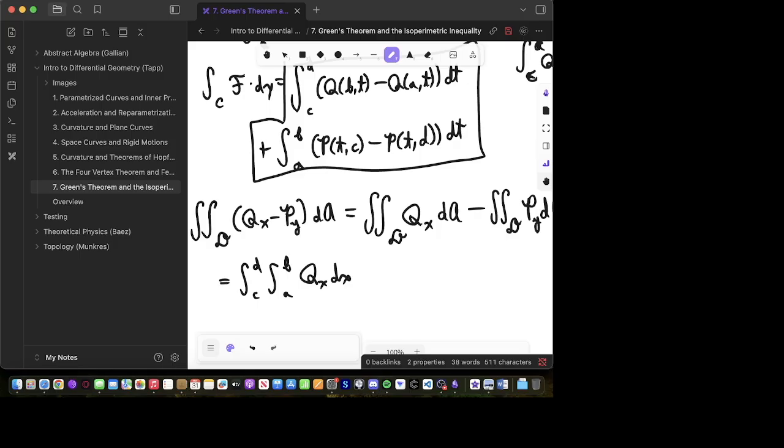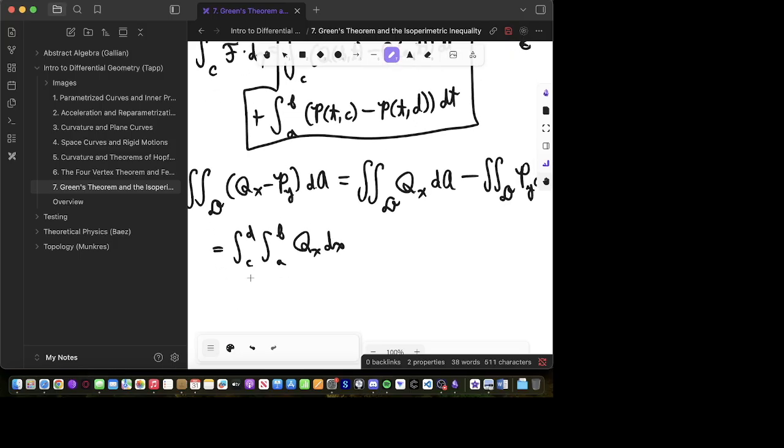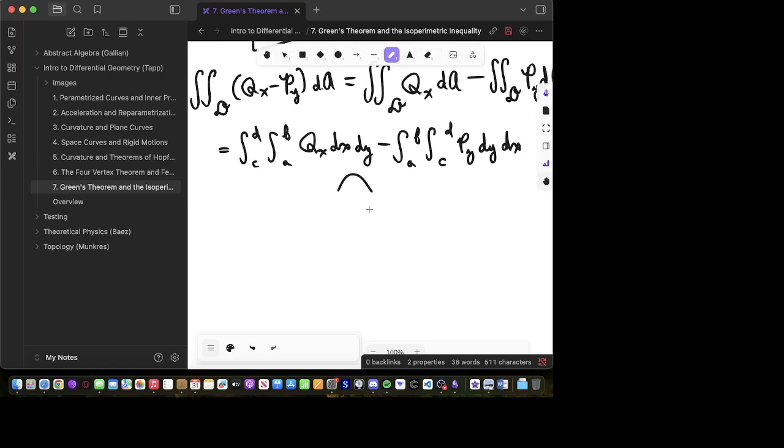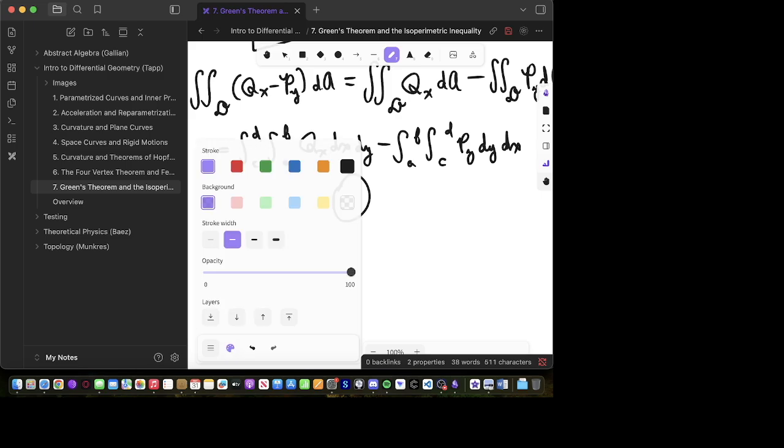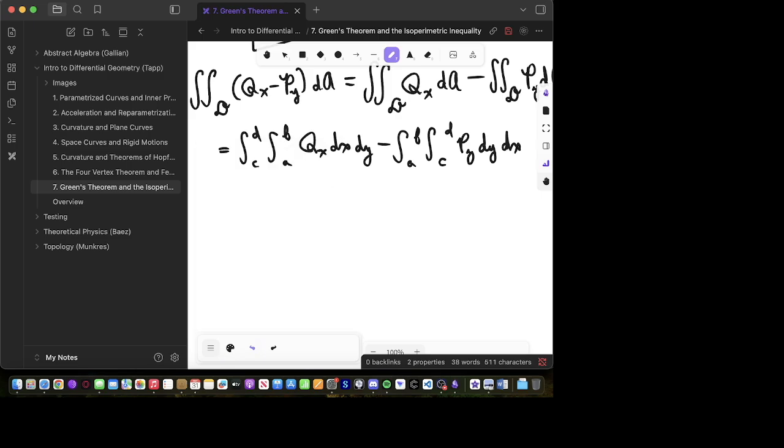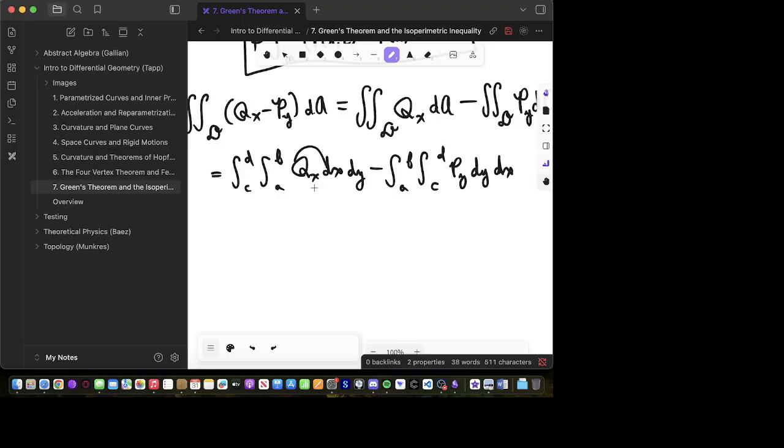But this is not multivariable calculus, so I'm only going to dive briefly into this. So dy, minus AB, CD, and notice that this is the partial derivative of q with respect to x. So we keep that, but this becomes